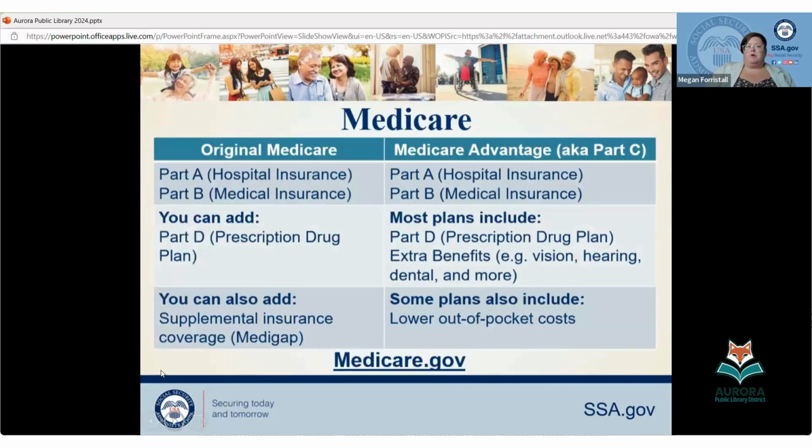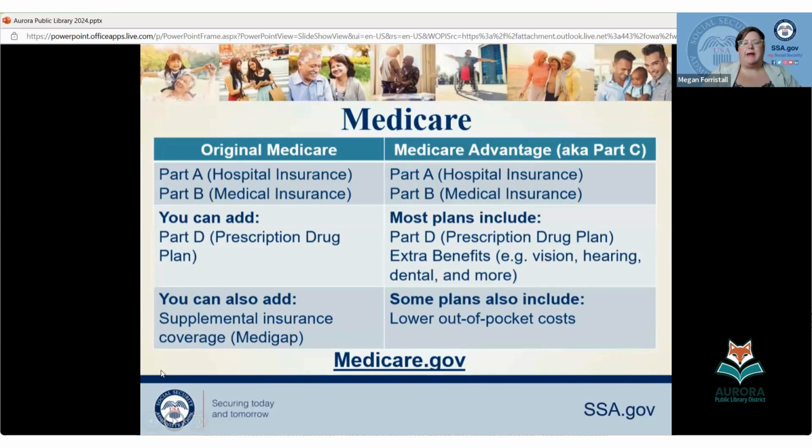Now, I know Megan told me they cover Medicare a bit at different presentations at the library, but I want to cover the basics because we do the enrollment of Part A and Part B through Social Security. And then we hand everything else over to the Medicare side or the private company side. So if you have 40 credits from your own record or a spouse's record or a former spouse, you do not pay anything monthly for hospital insurance.